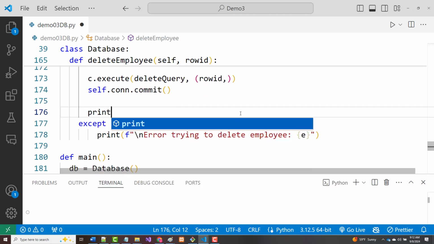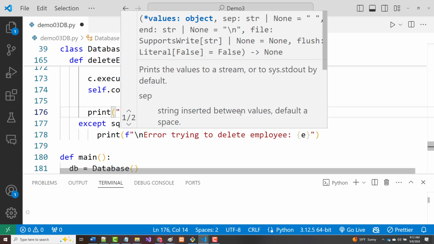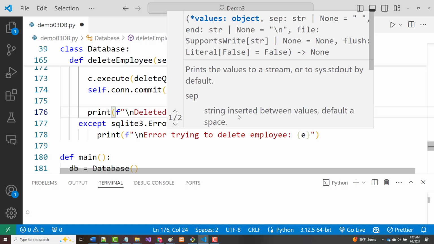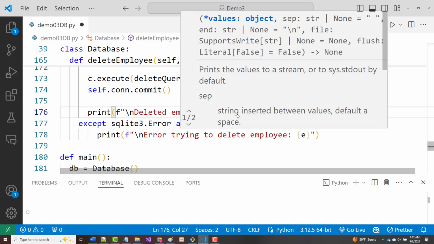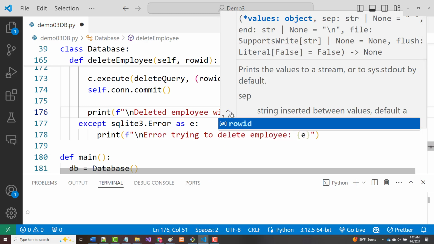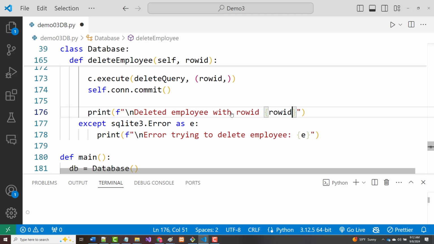We'll do our print. Deleted employee with row ID